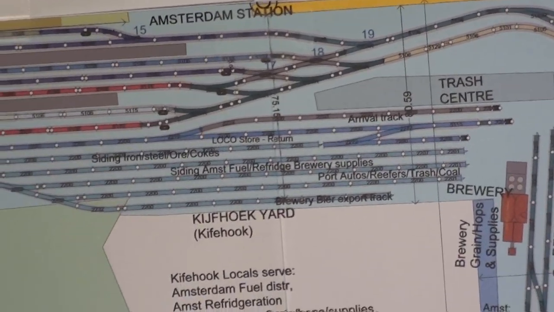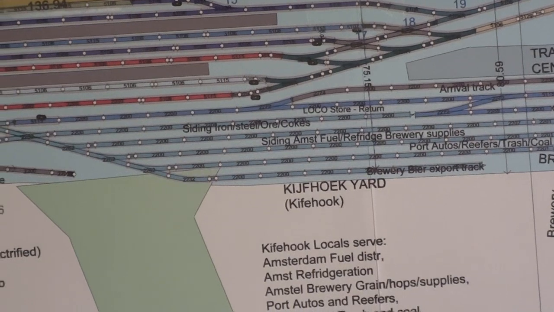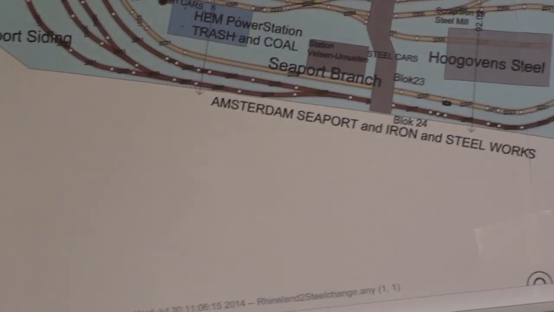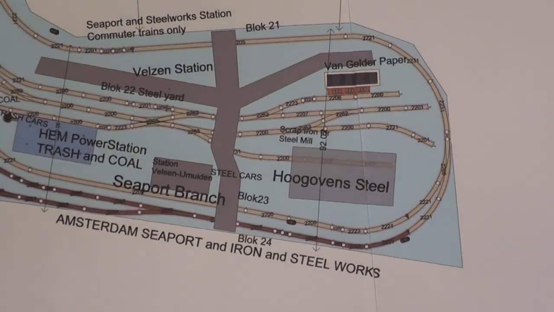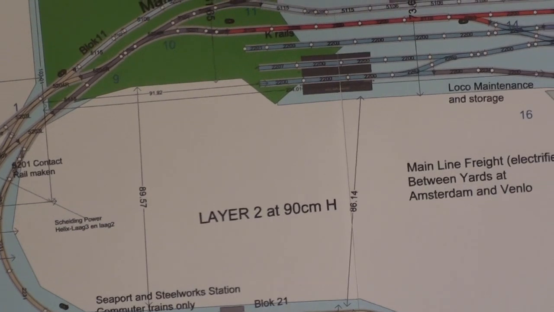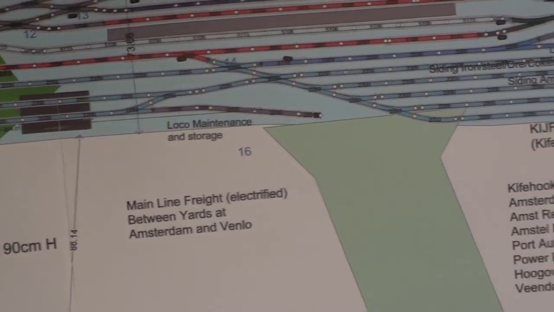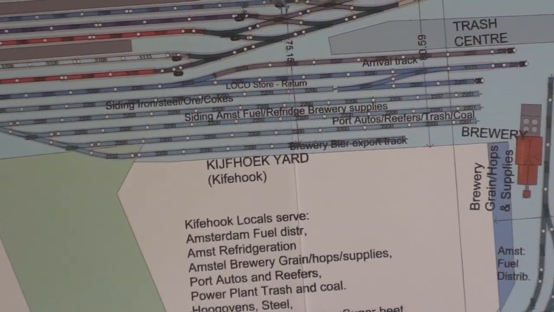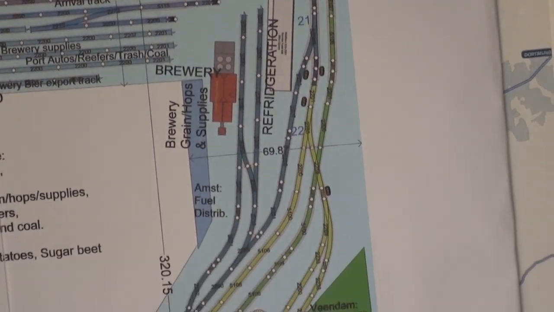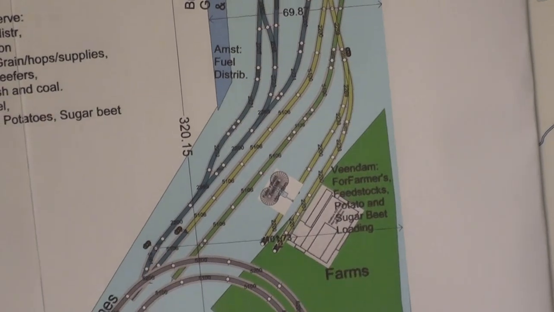Finally, another local will head out the other way. It'll head out here. It'll do a loop of this area here so that it can turn around and then head back on the red track here, which is the passing track past the yard, then head out on the main, and then we'll stop here on this siding